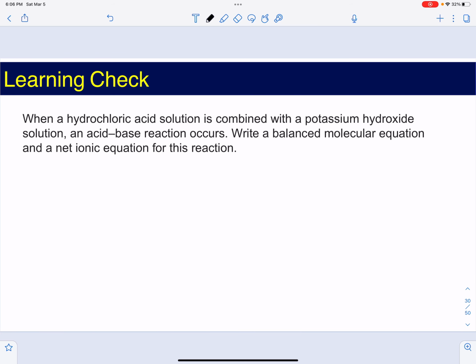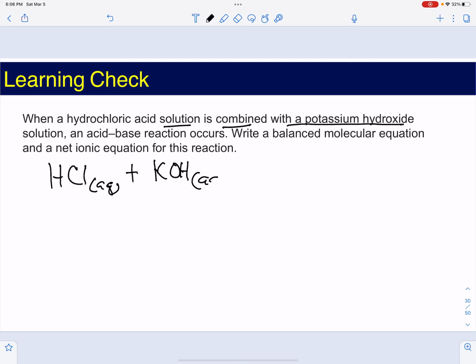Like I told you before, you learned the naming, so now you're going to have to use that. If you're still kind of iffy on that, make sure you go and practice some more. So when hydrochloric acid, and all acids are going to be aqueous, a solution, is combined with potassium hydroxide, which is another solution,